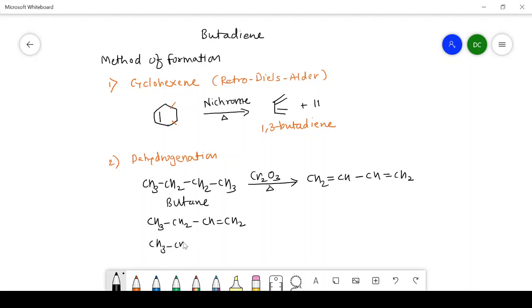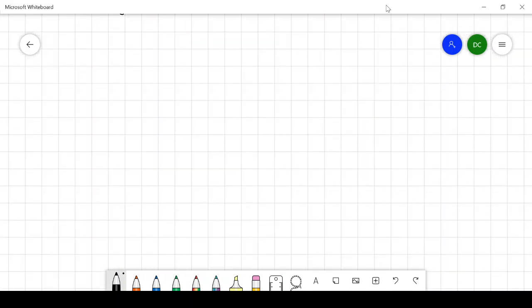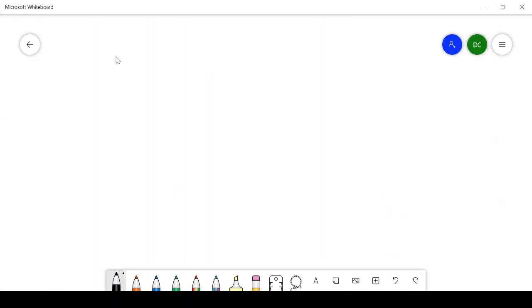We can write like this. They also undergo the same reaction. They are passed over chromium oxide and get converted into 1,3-butadiene. So these are simple reactions in which the hydrogen is removed from the reactant and finally we get a butadiene. The third method of preparation is from